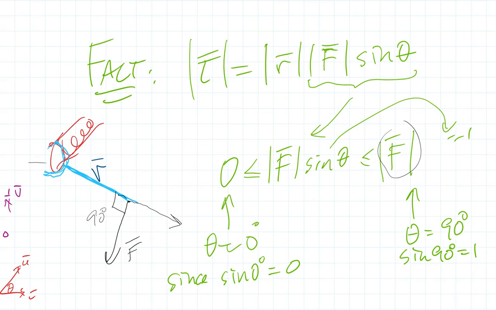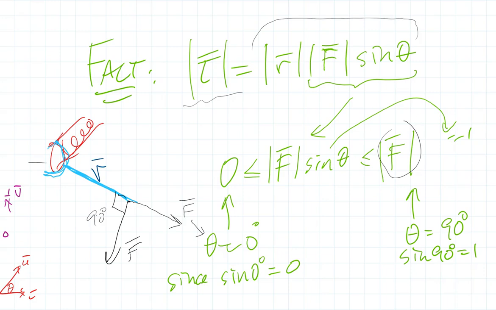Okay, now if F is over here, then this means that theta is 0. All right, and you're not going to get any torque out of this. You're not going to get any turn, okay? So it seems like it makes sense to make the magnitude of the torque the F times the sine of theta times R,